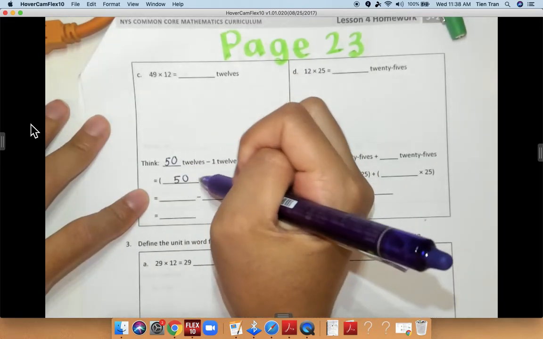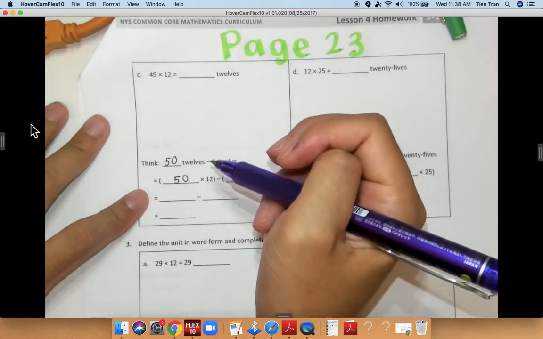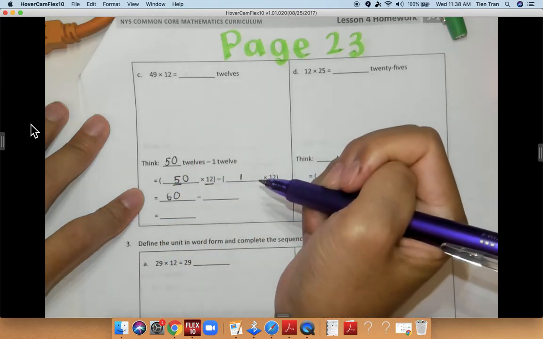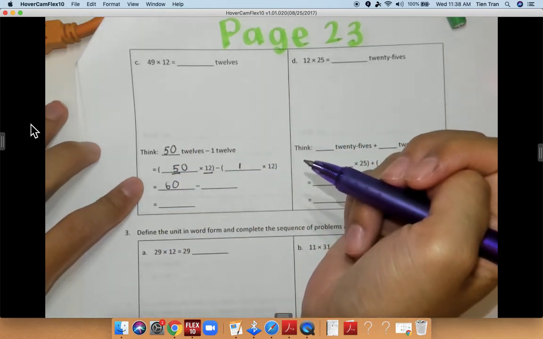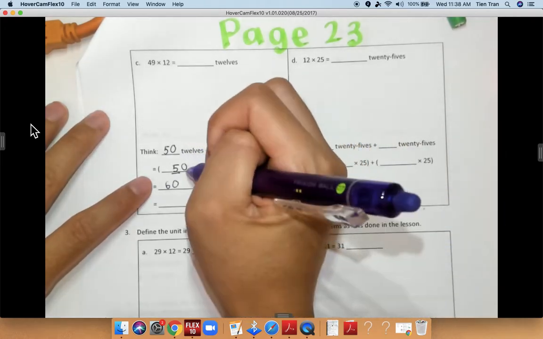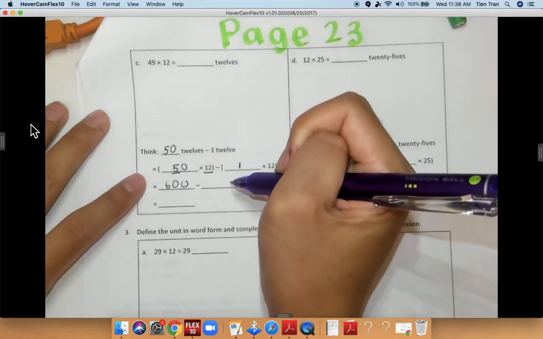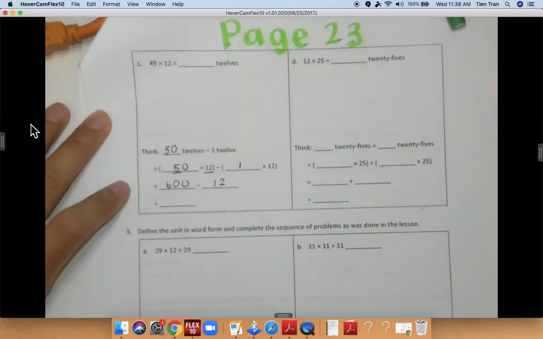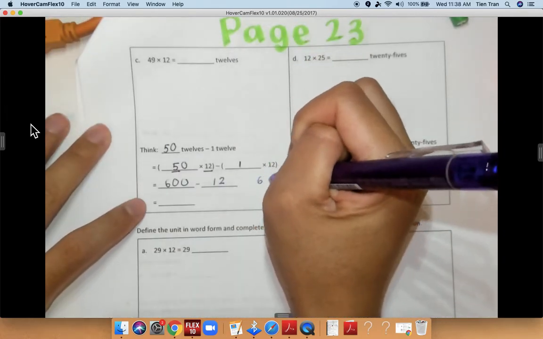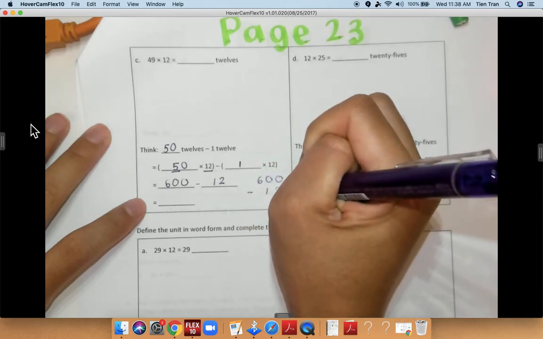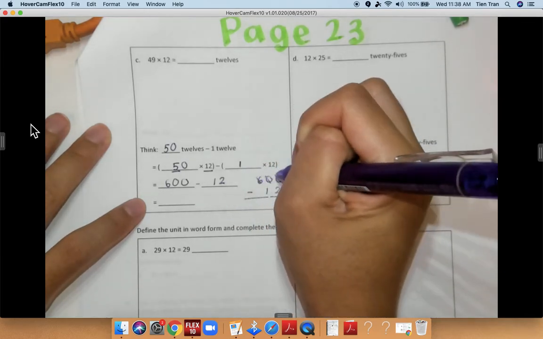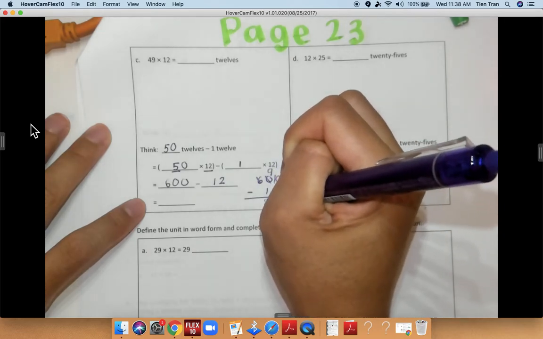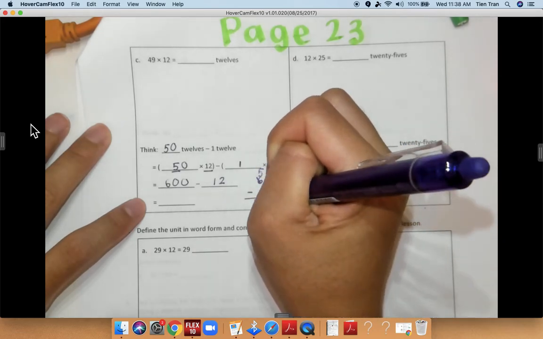Okay. So 50 times 12. 5 times 12 is equal to 60. And if you need to figure that out, you can also look at a multiplication chart. And I'm going to bring down my 0, which gives me 600. 1 times 12 is equal to 12. And then I'm going to subtract 600 minus 12. I know that 10 minus 2 is equal to 8. 9 minus 1 is equal to 8. 6 changes into a 5, so my final